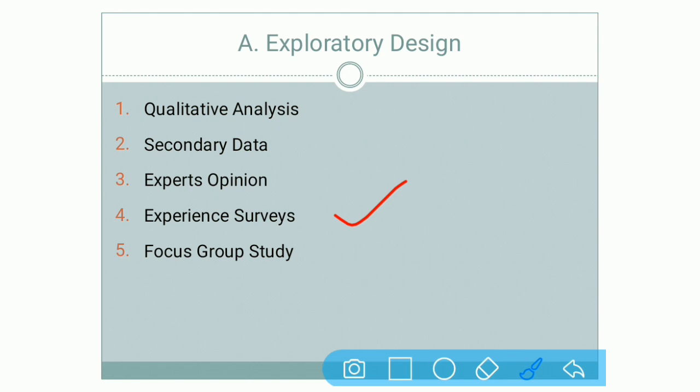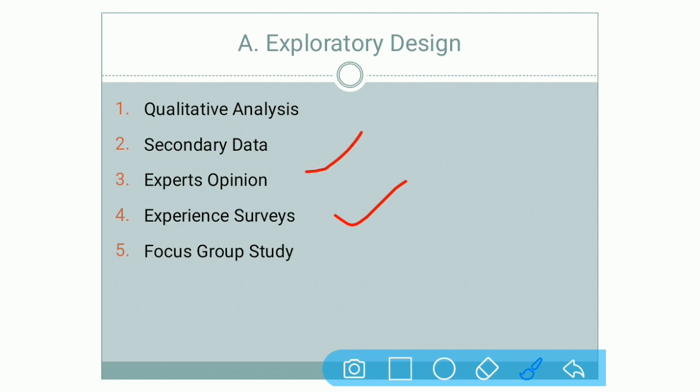That means here certain reference groups are created and then that group's information is used for the particular research. You have to make different groups, take information from those groups, and then that information is utilized for your study.